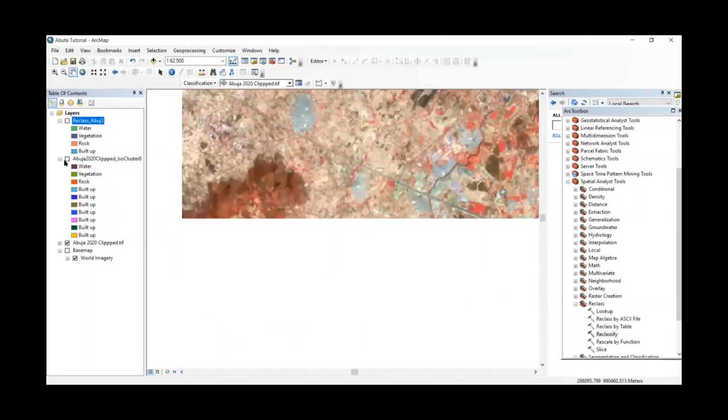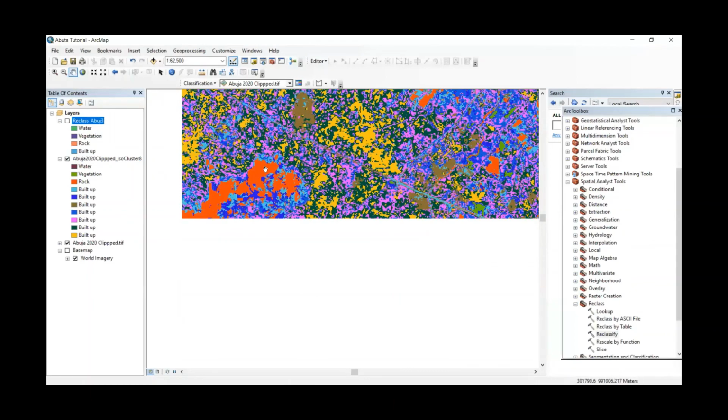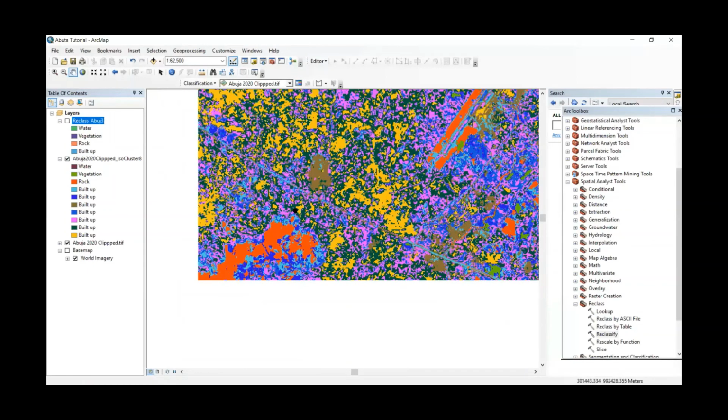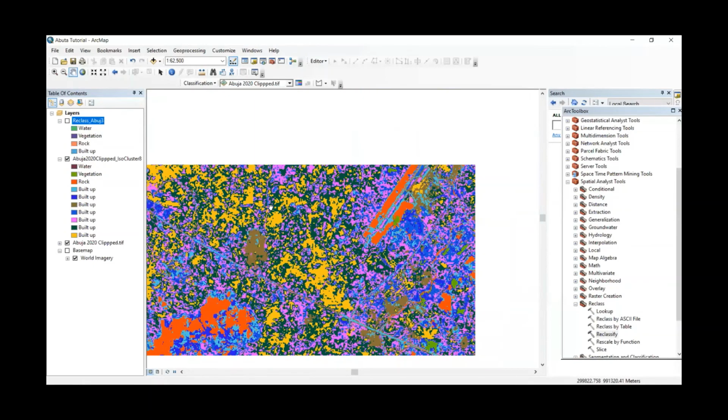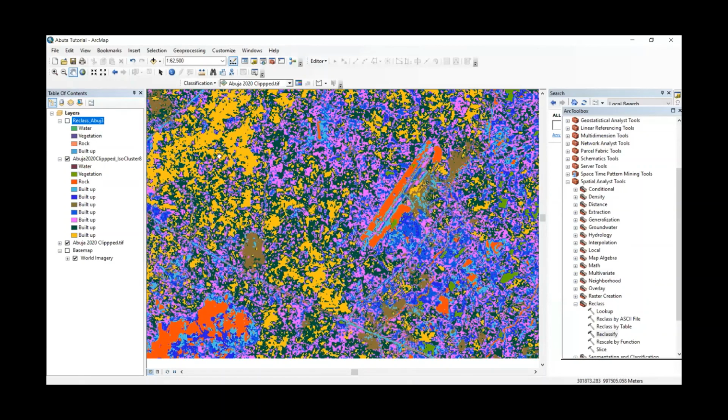But for the rock, I think it did well, because you can see that the red part is more of rock, but the bare soil was highly confused. So this map can be converted to